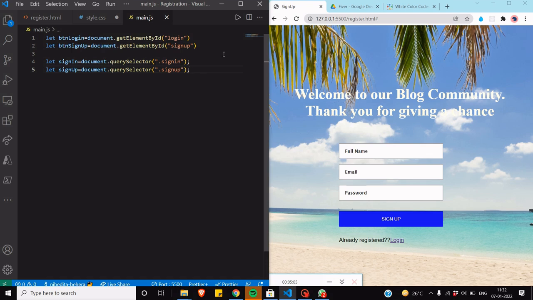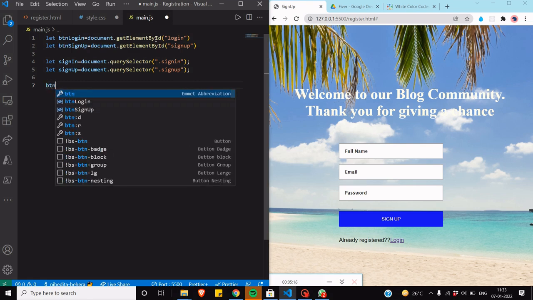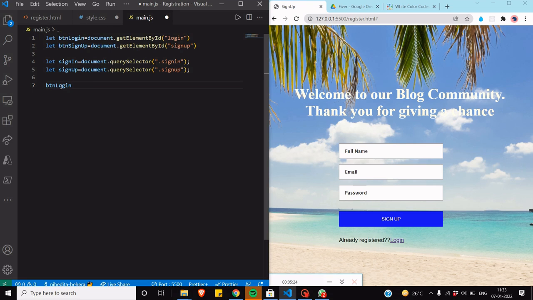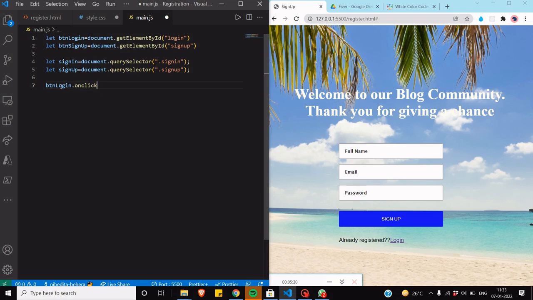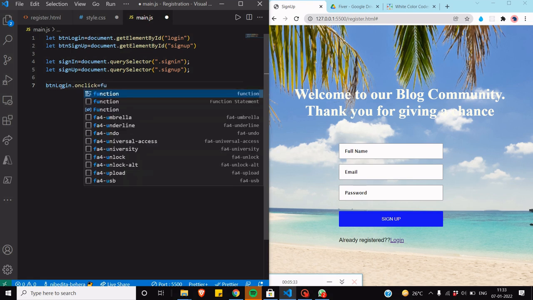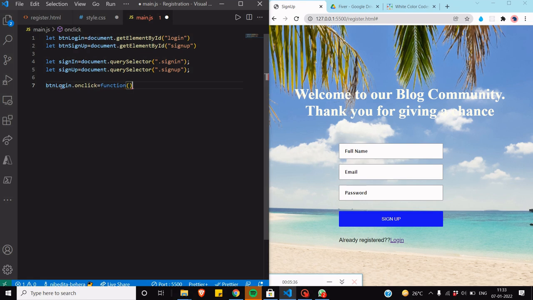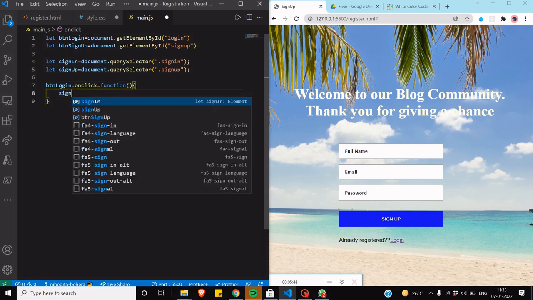Now what we need to do, now we only have to add the function to these buttons, so they will start working. What is our button now? Our button is now login. We have assigned the id to this button, so this login button, on click, whenever someone clicks on the login button, our function will be called. And what we'll do in the function, we will do the sign in